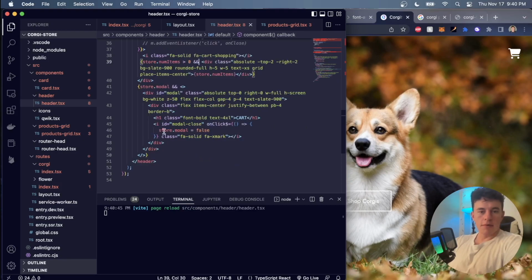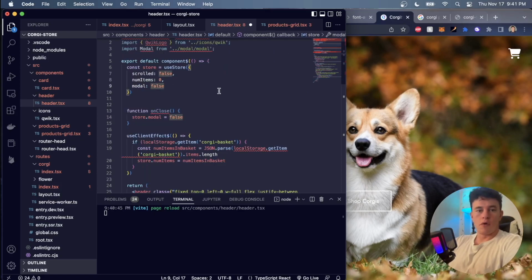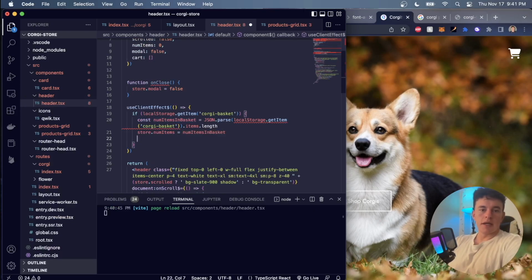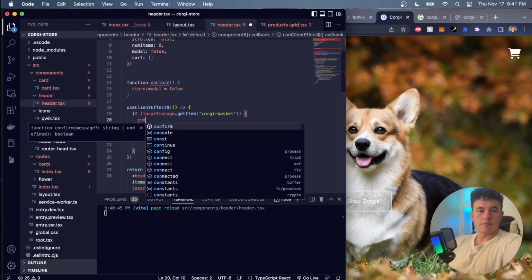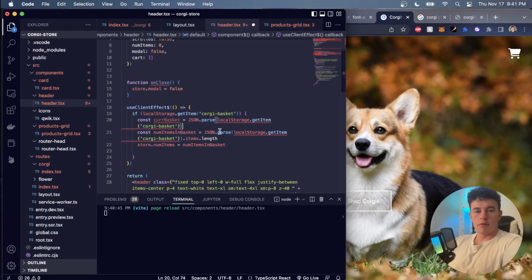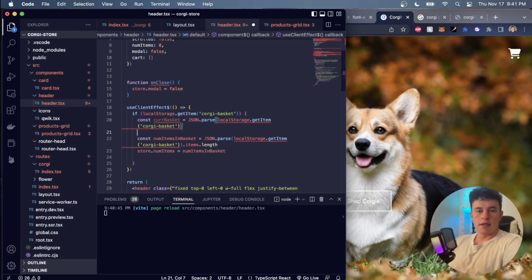And so what's going to happen is in here, after this div where we have this h1, we're going to want to map out all of the items, and we can access them by actually just getting all of the items. So we can just say cart is equal to an array. And in here we can actually just set the const cart basket is equal to this. And what we can say is then this is just equal to items.length,